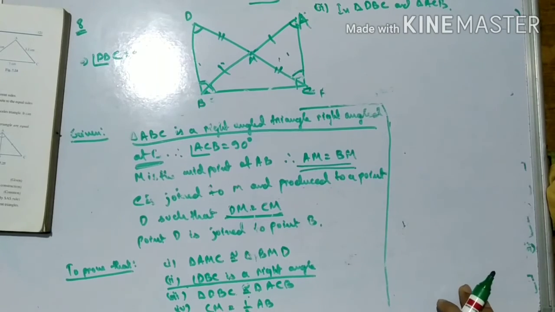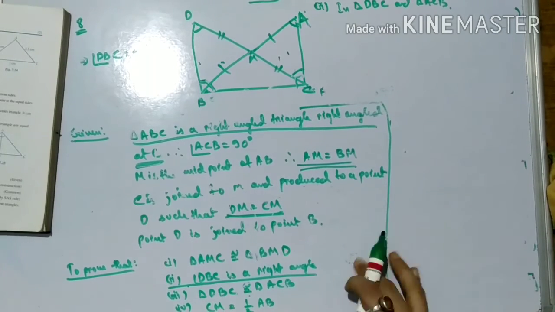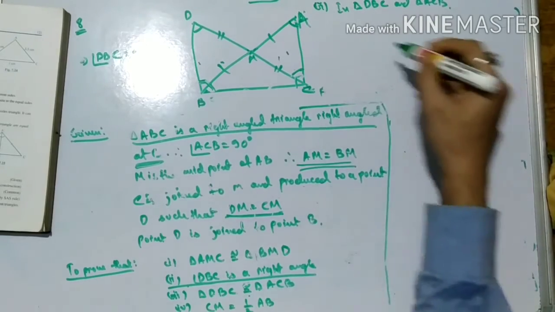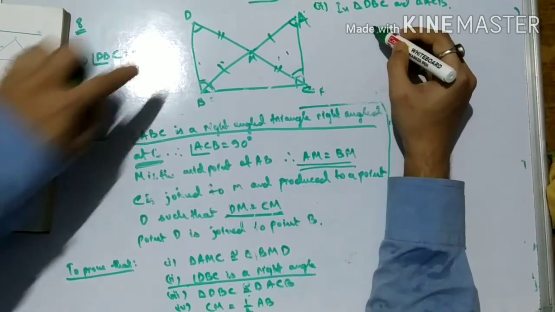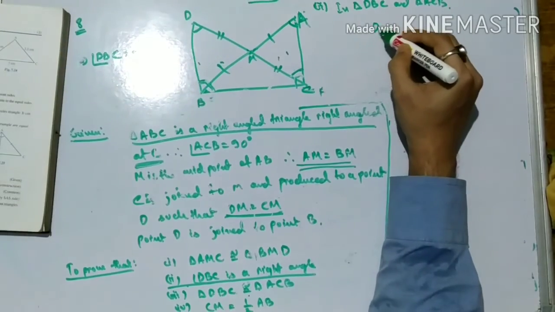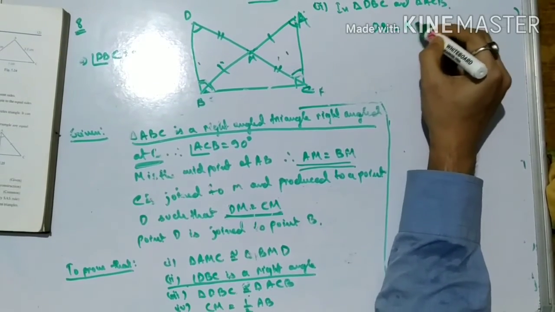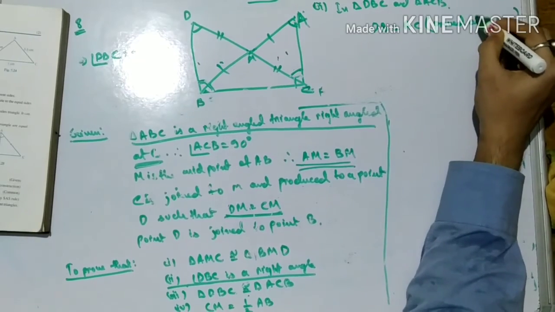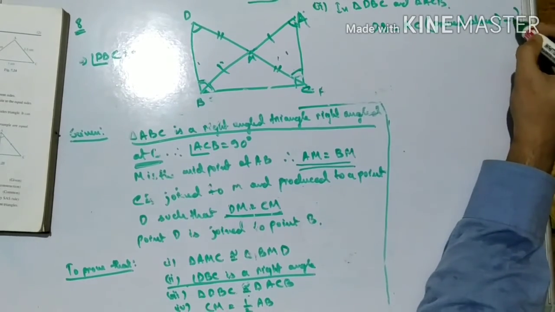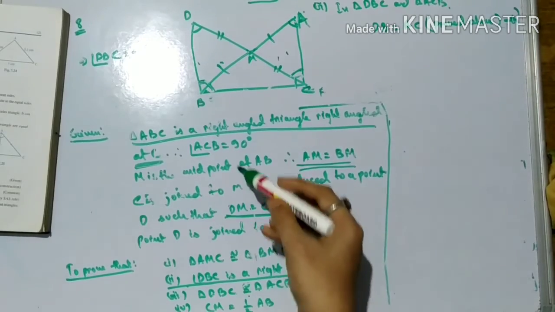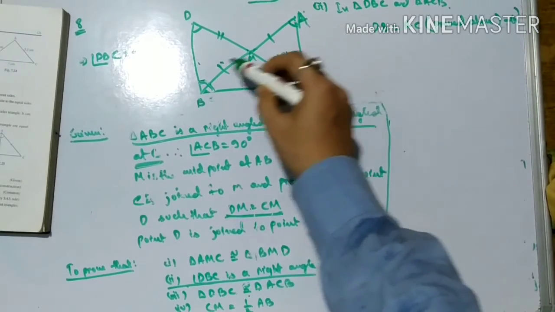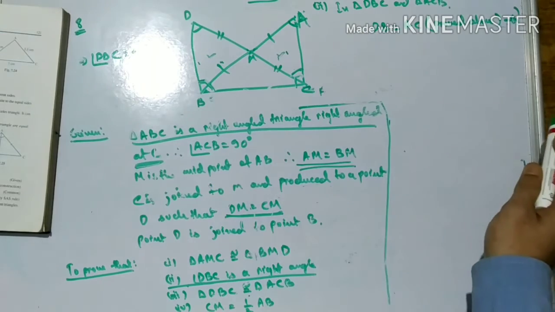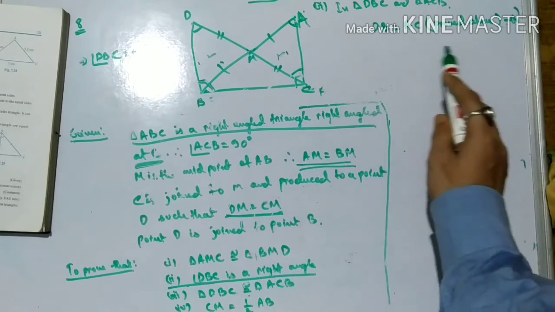Now what I got, you see, I can write that DB is equal to AC. I have already proved it. DB equals AC, proved above, because I have already proved it. This is our number one. Because this triangle is congruent to this triangle, as I showed, this side is equal to this side.